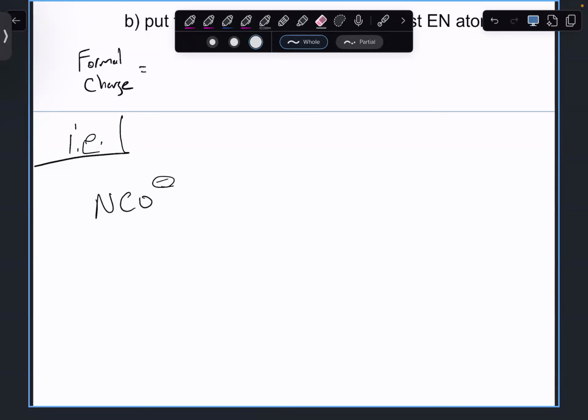So what we want to do is draw 3 resonance forms of this ion. And then we want to choose the best form. All right, so I'm going to go ahead and draw one resonance form of it, and then you can come up with the other 2. So our starting point here will be